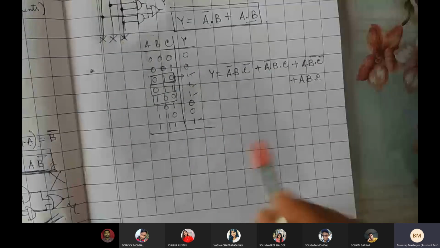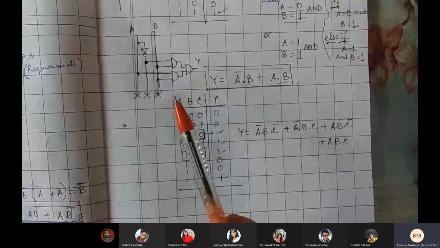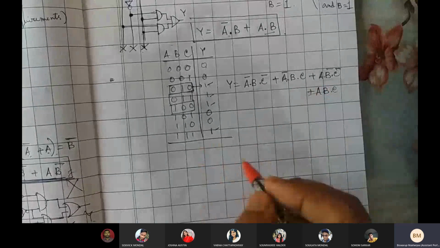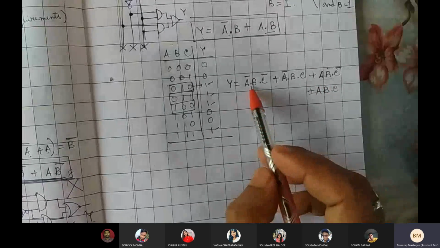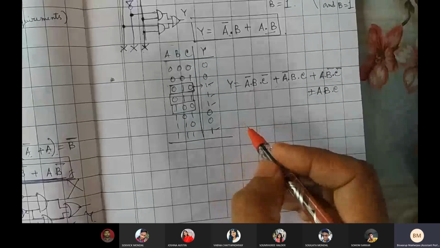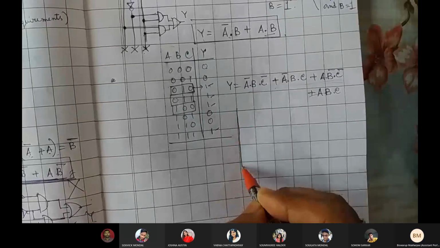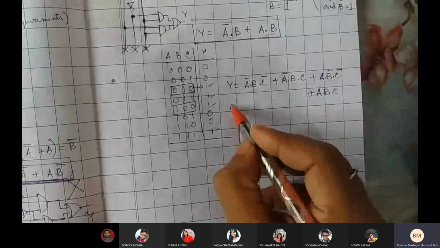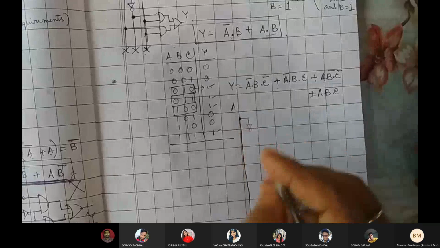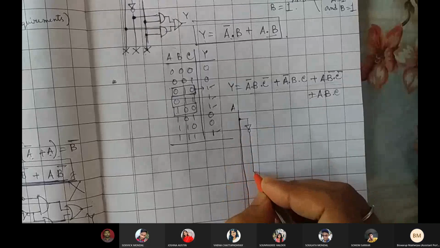Similarly, for the third one, why are we going for such an approach? The reason behind that is the third design. If you go for this one, in order to go for a direct circuit or direct logical diagram, it could be a little bit complex. So instead of that, we would like to draw in this way. Likely A is there, and there would be one inverter denoting A bar, right?